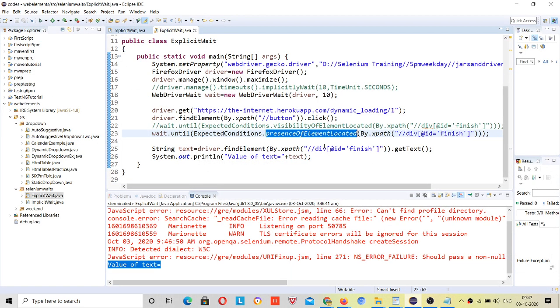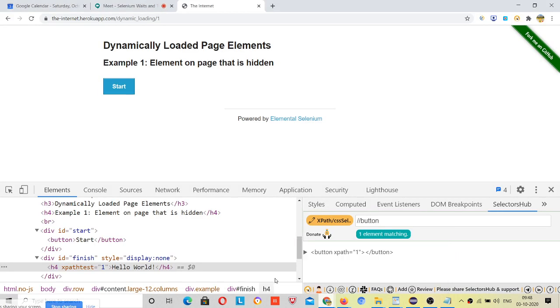Now you can say, then why not go for implicit wait? Because of the same problem that I have explained: implicit wait works globally for every element, right? So before failing it will wait for 10 seconds for every element. But suppose for a certain condition your performance test case says you have to wait only 5 seconds because this data should be loaded within 5 seconds, then what will you do? Then you can apply explicit wait there for a specific line. Once you apply explicit wait there, for that particular line it will override the implicit wait. So this is all about Selenium waits.